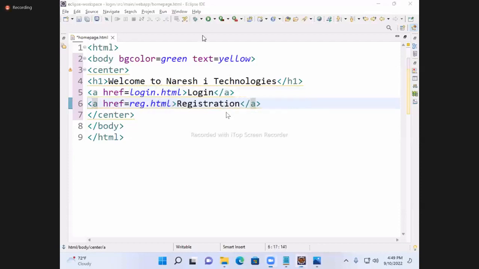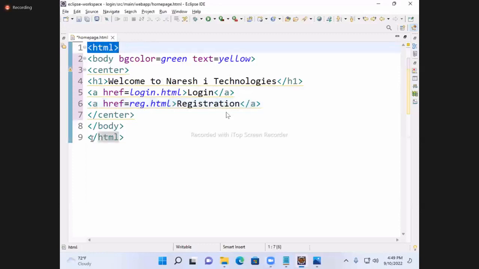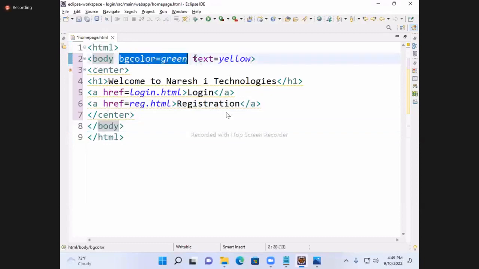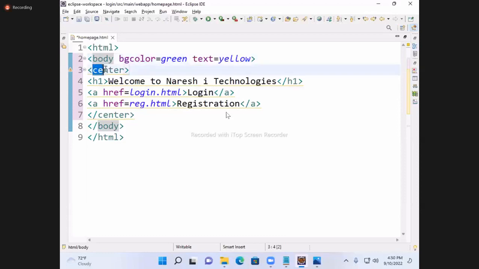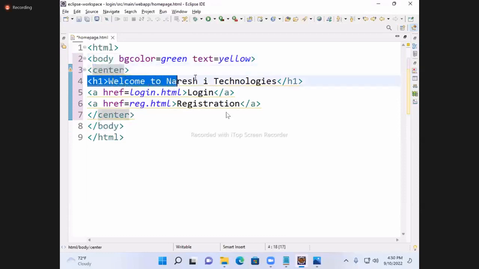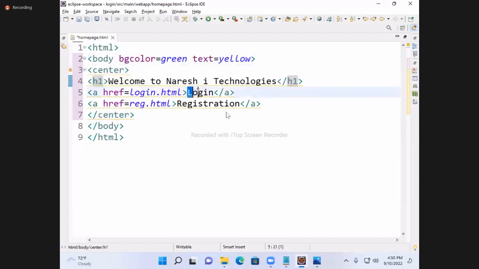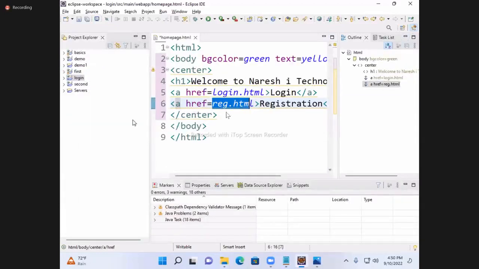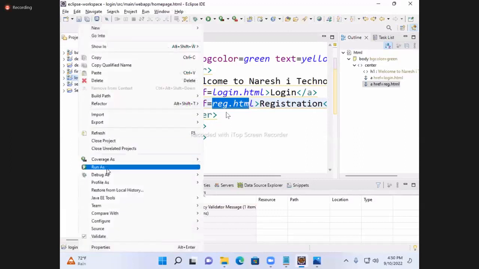See, it is HTML. Here you observe HTML open, HTML closed. In that body open, body closed. This is for background color green. This is for text color yellow. This is total content centered. The level 1 heading is displayed. These two are created as hyperlinks with this A tag. But whenever you click login.html or reg.html, up to here only, if I execute it: